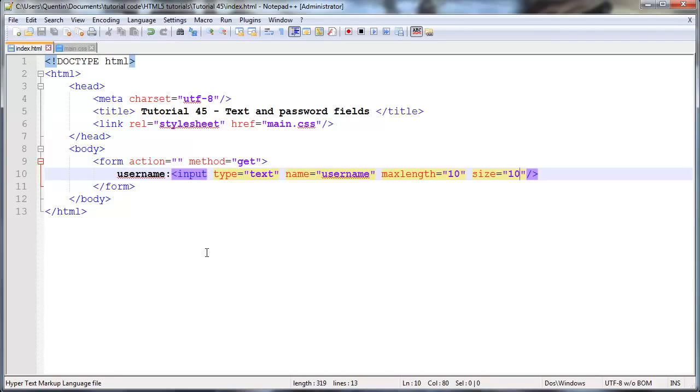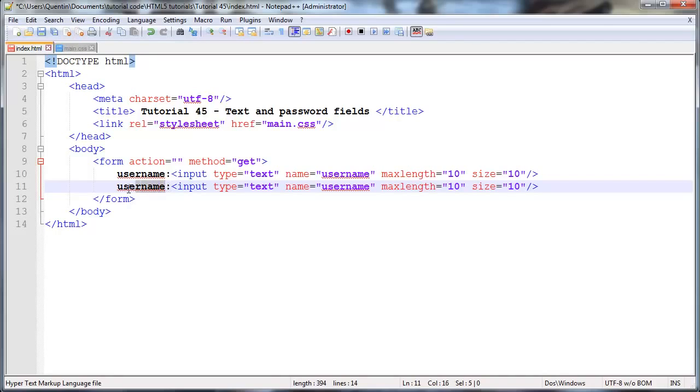And you're probably thinking, okay, well, we're 7 minutes into the video and we still haven't touched on the password field. And like I said, the password field is pretty much exactly the same as the text field. So we could go ahead and duplicate this, and I could say that I'm asking the user then for their password over here, okay, and they'd fill in their password. But this password field can take all the same attributes. So the name could be password, because obviously the name has to be unique, but max length could be the